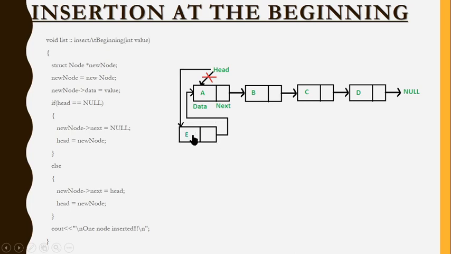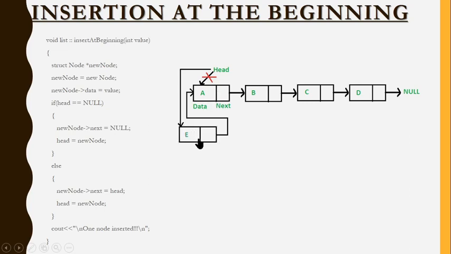First, remember we already filled this part as data, and here we don't have any other node to be continued, so I have to keep this part as null. And next, this is the only node, so this is going to be my first node and my last node. If this is going to be the first node, remember this should be named as head. So these are the two steps you have to perform. First, make this partition null and name this node as head. So that is the case if this is the only node.